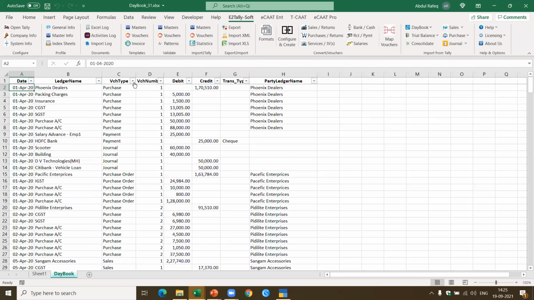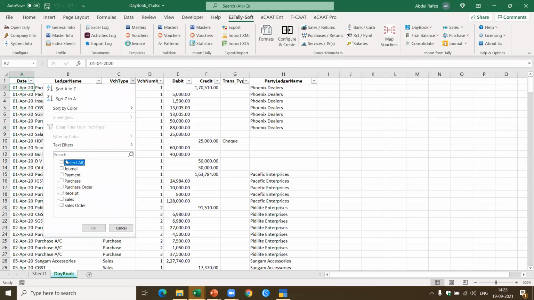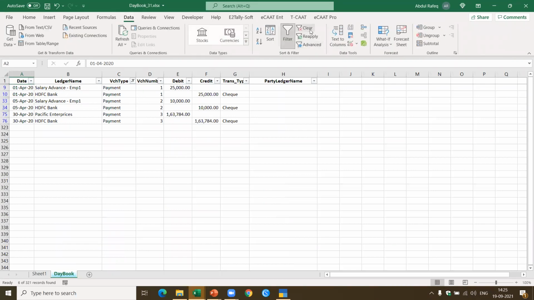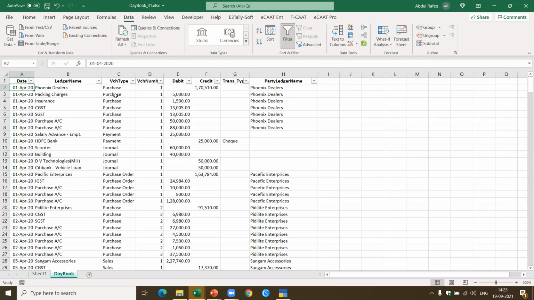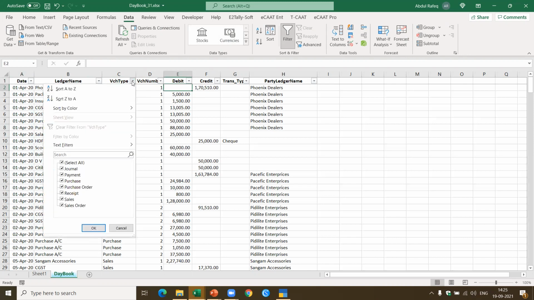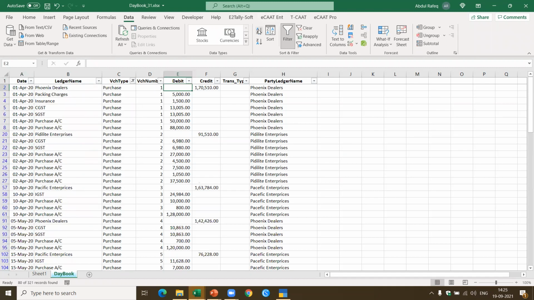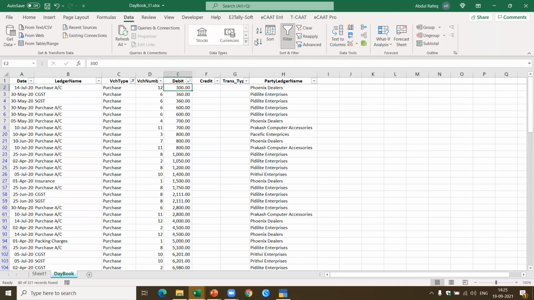So you can select, for example, I want to do an auto filter and pick up all transactions pertaining to payment. I can get it for each of the voucher types, for each of the voucher numbers. Now, once I got this data, I can play around with this data in the way I want. For example, let's say I want all the purchase transactions. Now I just say here that I want to pick up only purchases. I can do analysis in the way I want. In this case, I just want to sort it in ascending or descending order.